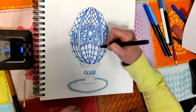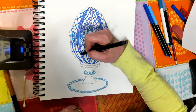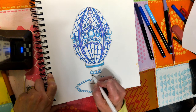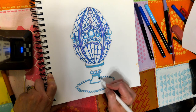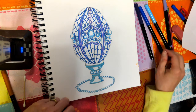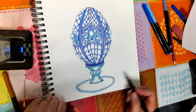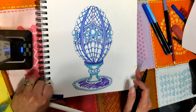Okay, I'm going to add a streak of purple in here. Streak of purple through here. And I also need my little pedestal. So I've got a turquoise color. Make these a little thicker. Kind of looks like the color of the blue pearls. Make the inside of this purple. Now, if this gets to be too much, just use some markers and color it in. It's no problem. So I'm going to just add some purple. I've turned the marker sideways and just kind of shading it in. Okay? All right, now